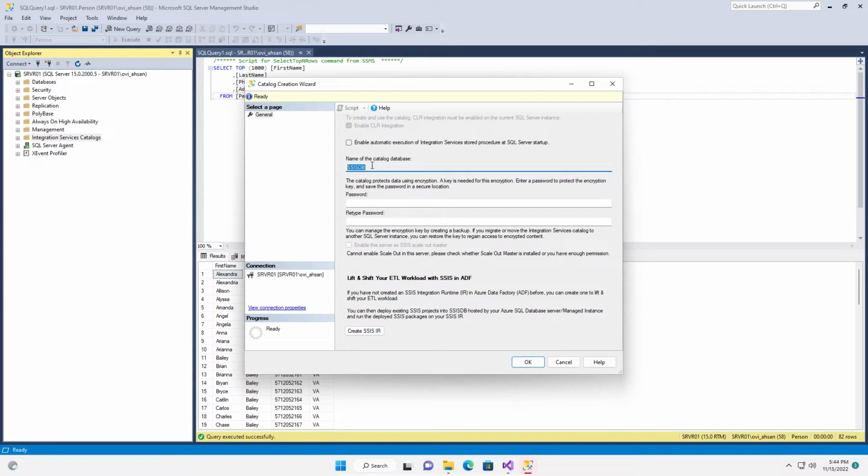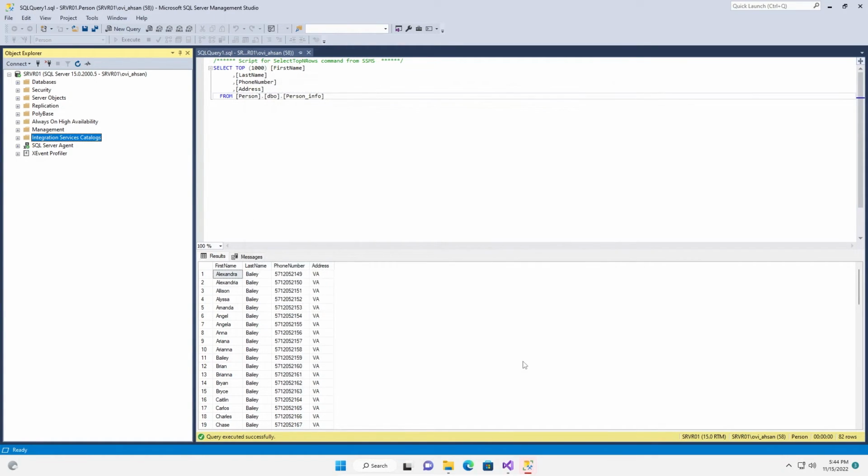By default this catalog will be created. You have to provide a password. Let me put a password. Any password you can provide. Okay, now once you refresh, you can see SSISDB here, and in your database section you also see the new database. It will auto generate this database.